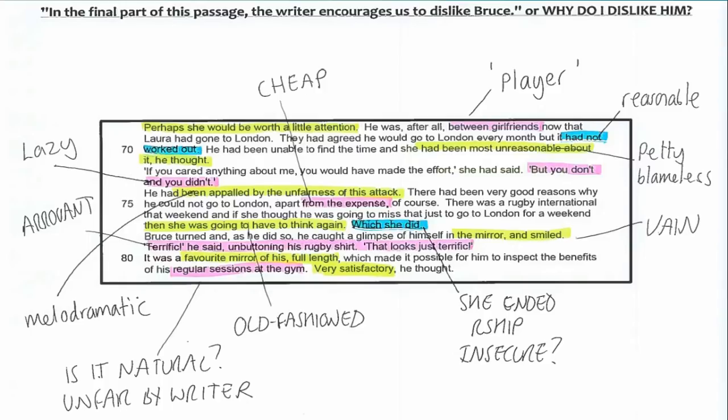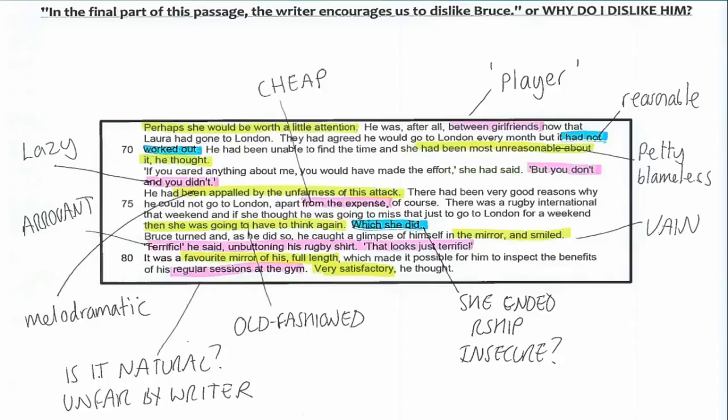So again, we're maybe seeing a different side to him, that maybe he's not totally dislikable. We're getting the sense that even though he's making out like he's the big man, it seems that Laura, the female in the relationship, was the one that ended the relationship. So maybe all this bluster and all this bragging, maybe he's just a bit insecure, and all this confidence is a bit of a sham.